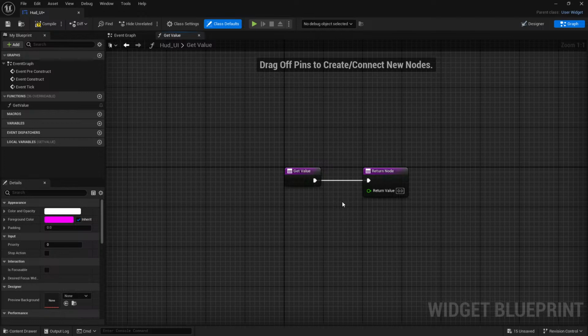So in here is where we need to basically get the HUD UI to talk over to the shooter. So what we may need to do,